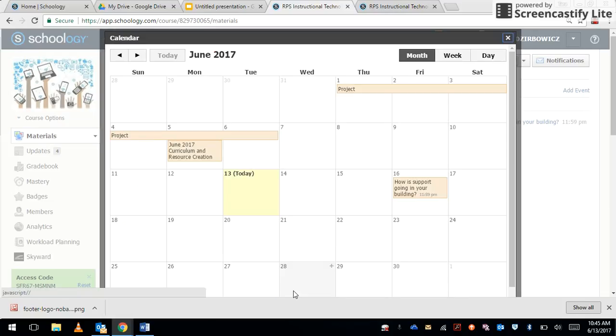So I'm going to create that event and you'll see that it shows up here nicely on my calendar. Now, if I decide that that wasn't enough time to get the project done, I can go to the end of that time period and I can extend it by dragging it. I can also change when that started by picking it up and dragging and dropping it to a different date to show my parents when it actually started. I can make that time shorter simply by adjusting it,